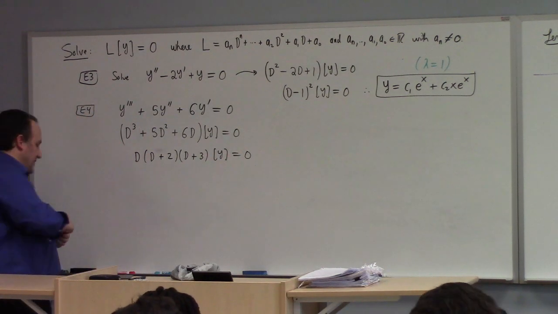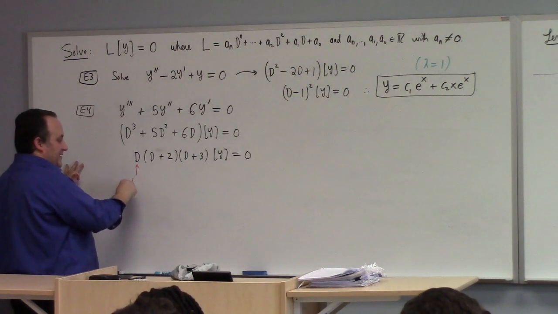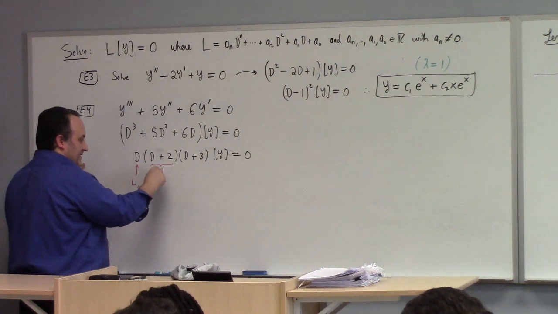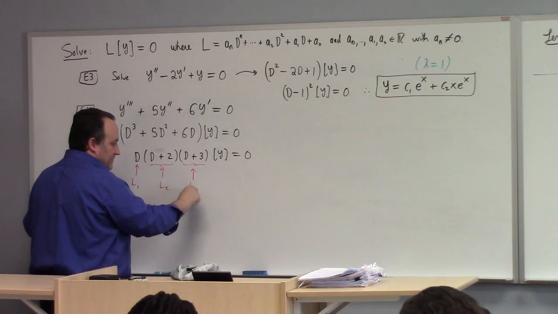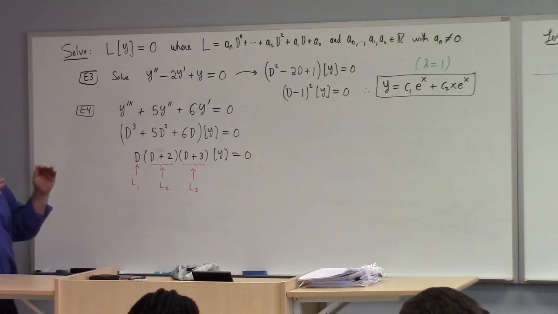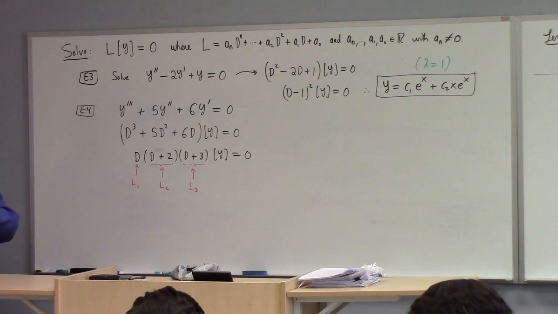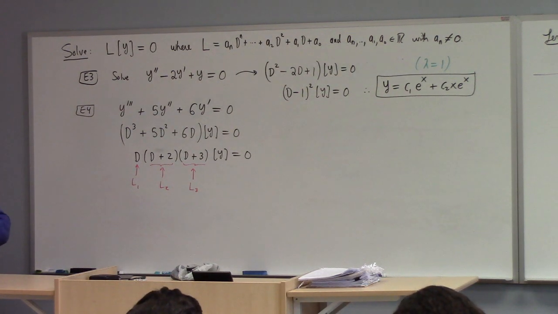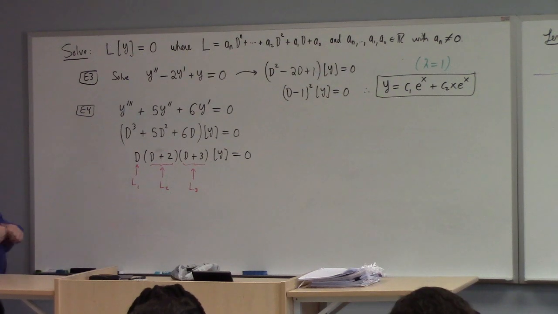So what I'm doing, guys, now is, the thought process is I'm thinking of this as like L1, this as like an L2, and this as like L3 in my lemma, right? If I can find a function that makes any one of those go to 0 upon operation, the whole thing goes to 0. But it's easy to solve each one of those separately, right? Lambda equals 0, lambda equals minus 2, lambda equals minus 3. Therefore, solution,